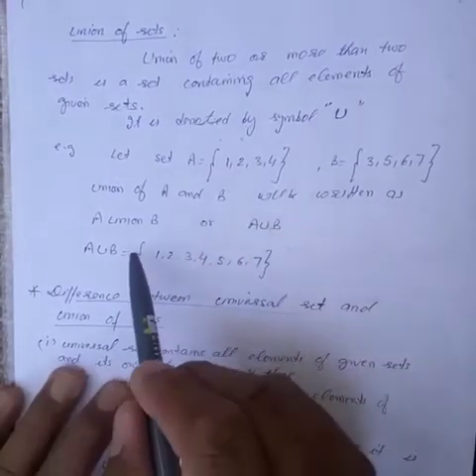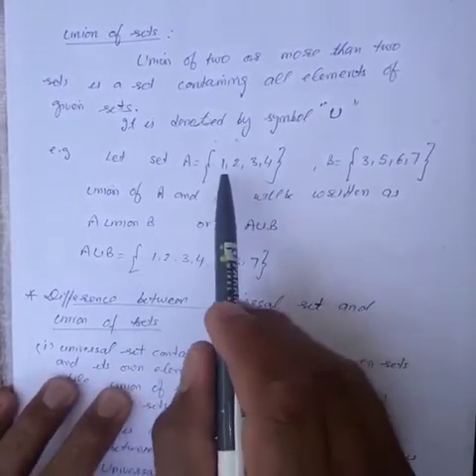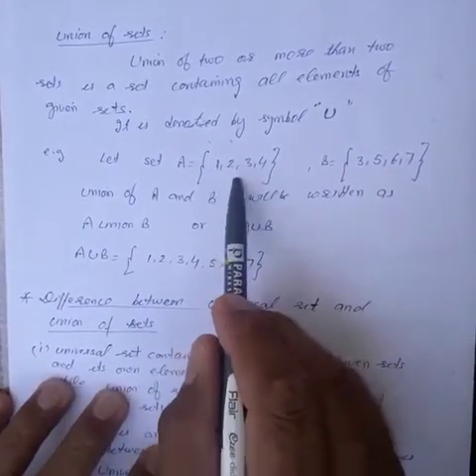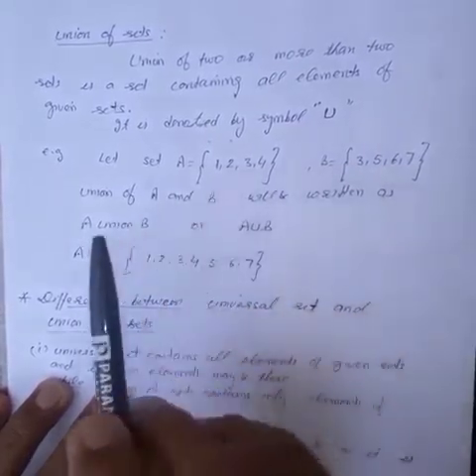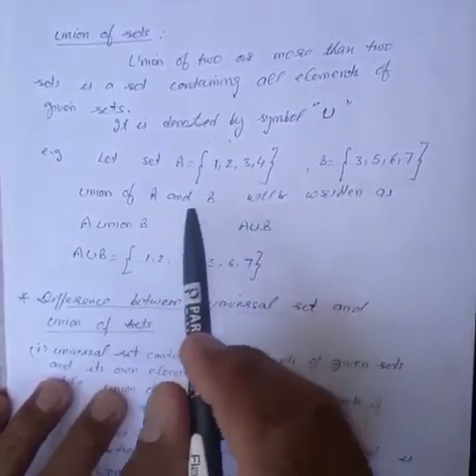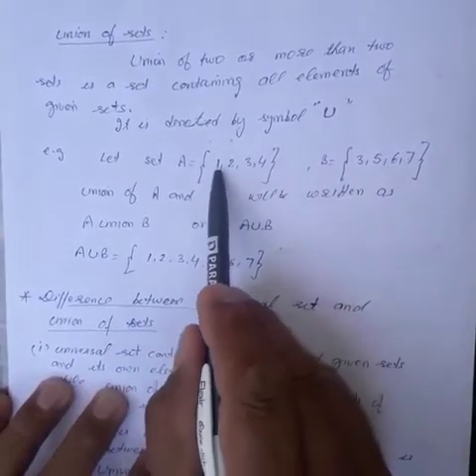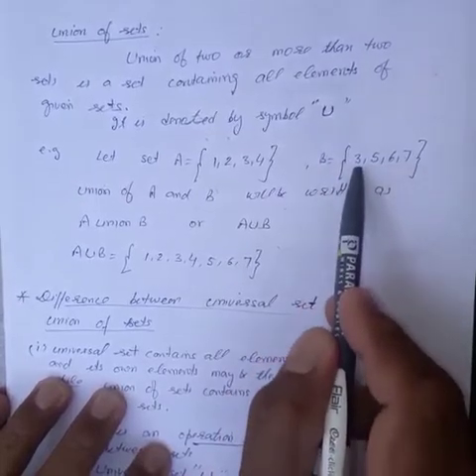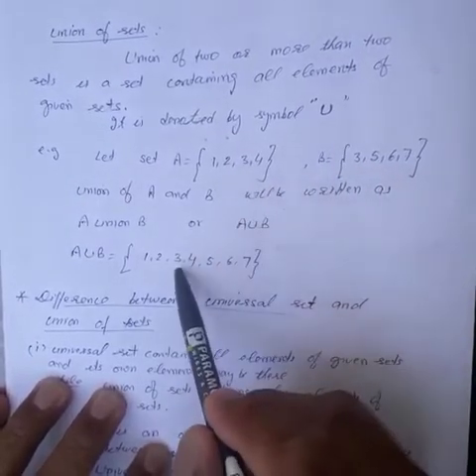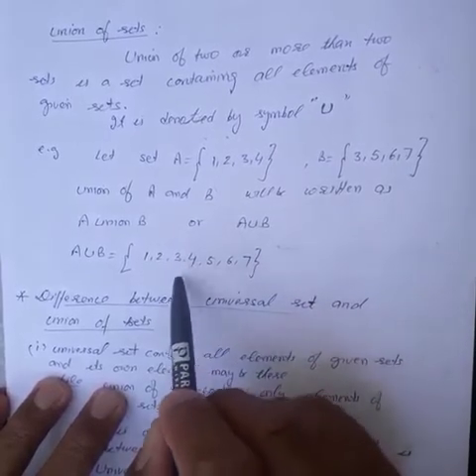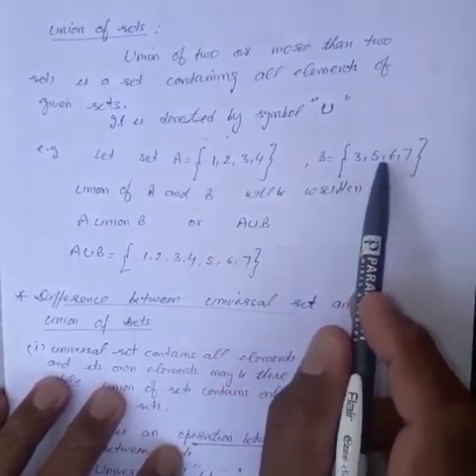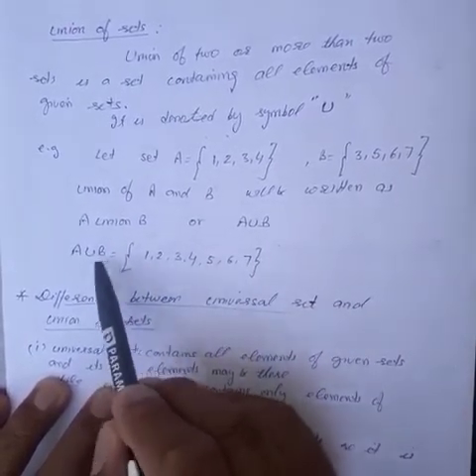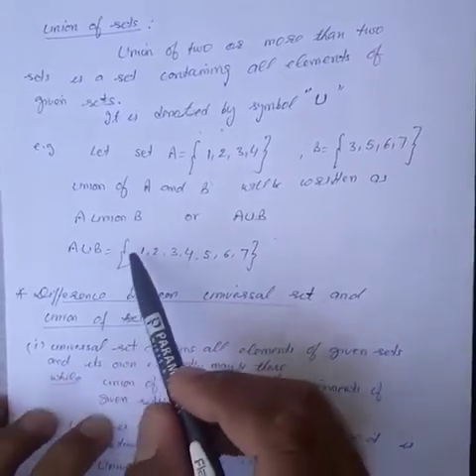And what is the procedure? We will write down all elements of A and B, but the elements which are present in A as well as in B will be written only once. So start writing A ∪ B: the elements of A first, 1, 2, 3, 4. Now start writing elements of B. Because 3 is present in A also, which we have already written, there is no need to write it again. Write down the remaining elements 5, 6, 7. So this is the set A ∪ B. I hope it is clear to all of you.